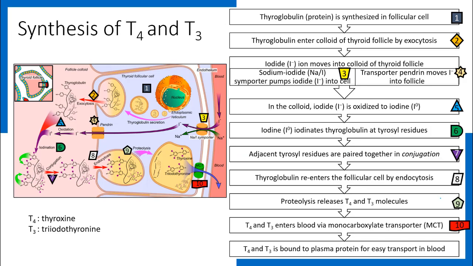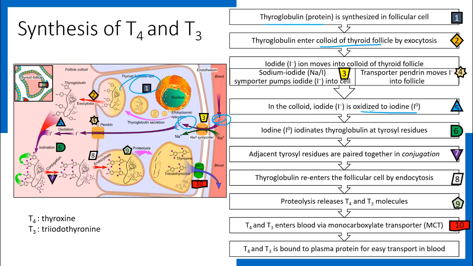This slide goes through the synthesis of the T3 and T4 hormone. So what we start off with is the synthesis of the thyroglobulin protein in the follicular cells. And then what happens is that the thyroglobulin enters the colloid of the thyroid follicle by exocytosis. Iodine also moves from the blood into the colloid of the thyroid follicle, and from the colloid into the cell. And then what happens is that iodide ion is oxidized to iodine, and then it gets joined up together with the